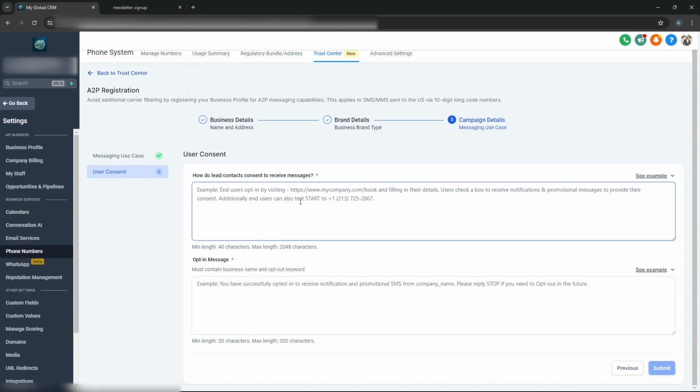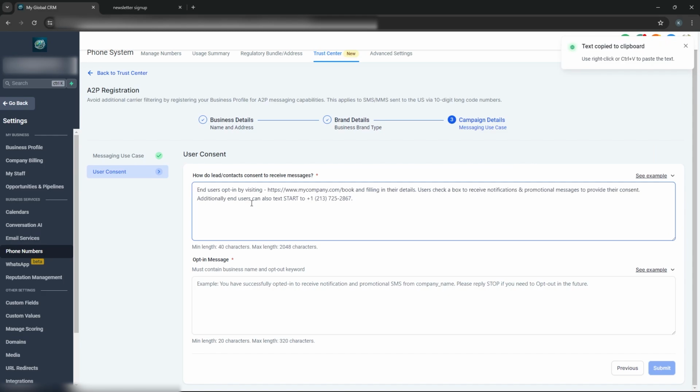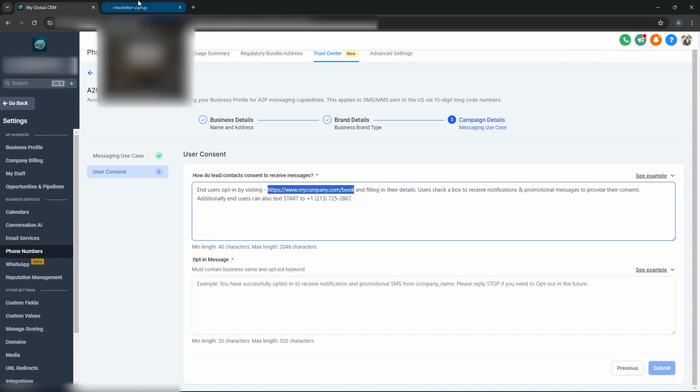And now it wants to capture our user consent process. So it wants to see how users are opting in. In this case, we have an opt-in page. So I'm going to copy the sample language and paste it in here. And it says end users opt in by visiting. I need to replace this link with the actual link for the sign-up